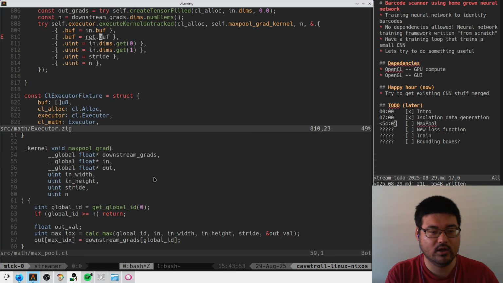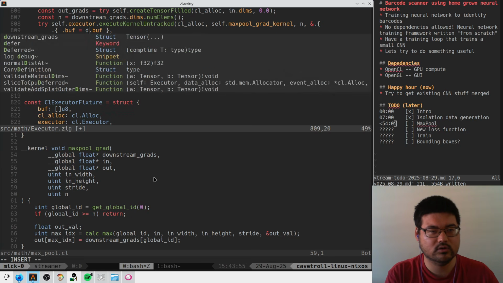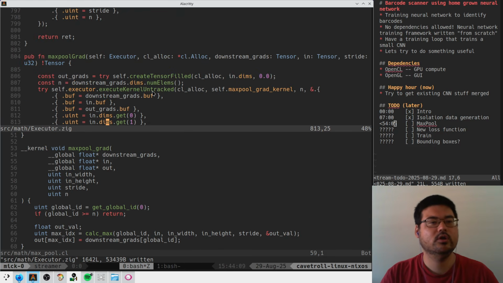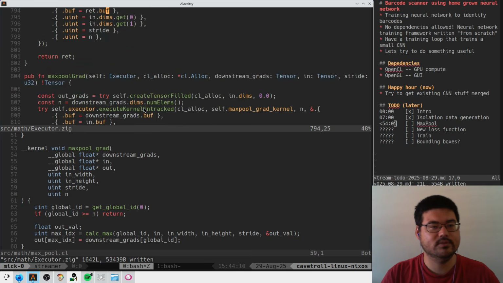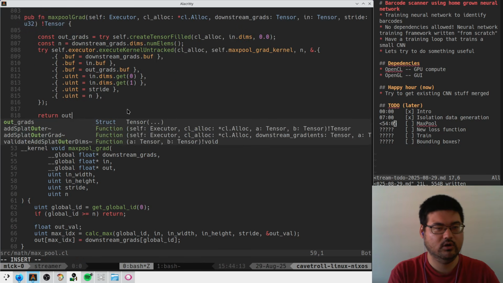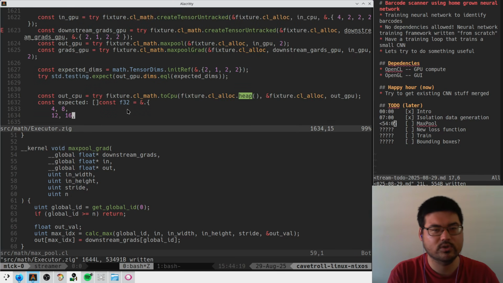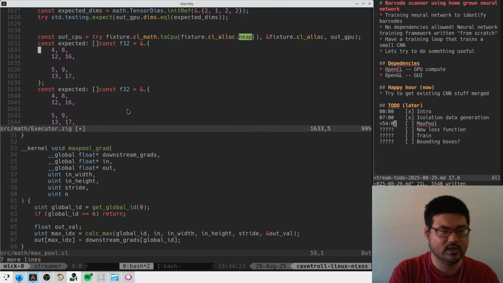So we have our downstream grads, we have our out grads, and then we have the same width, height, stride parameters. Okay, sure. Seems simple. And so we just return out grads. Okay, and so now all we should have to do here is write down our expected gradients,